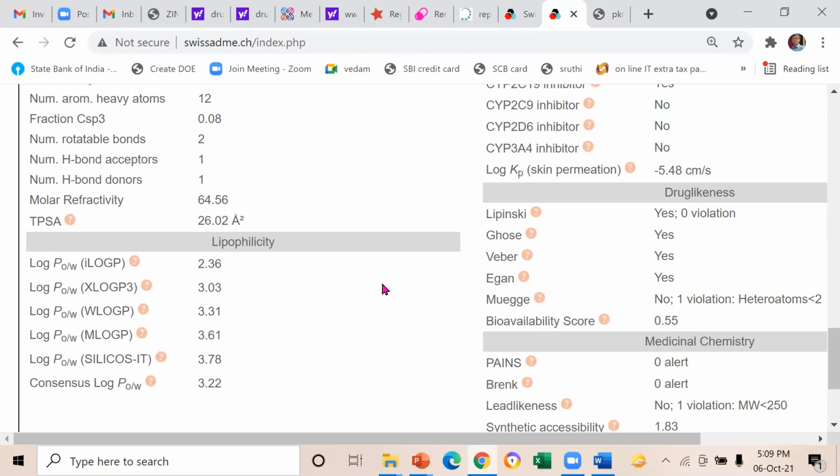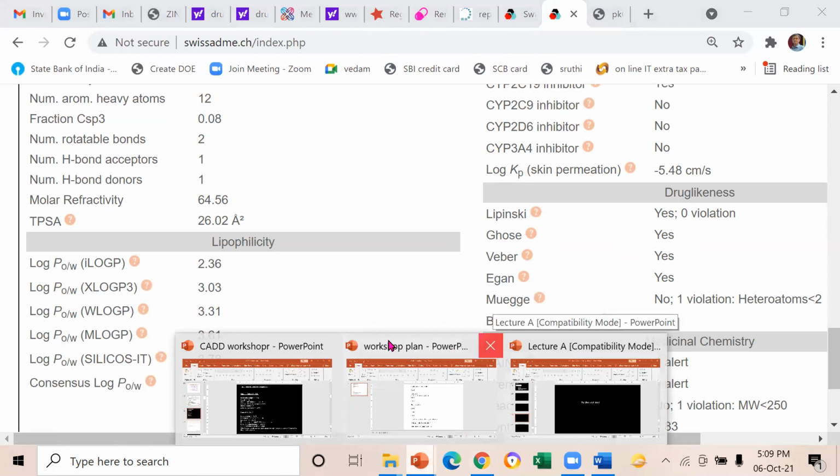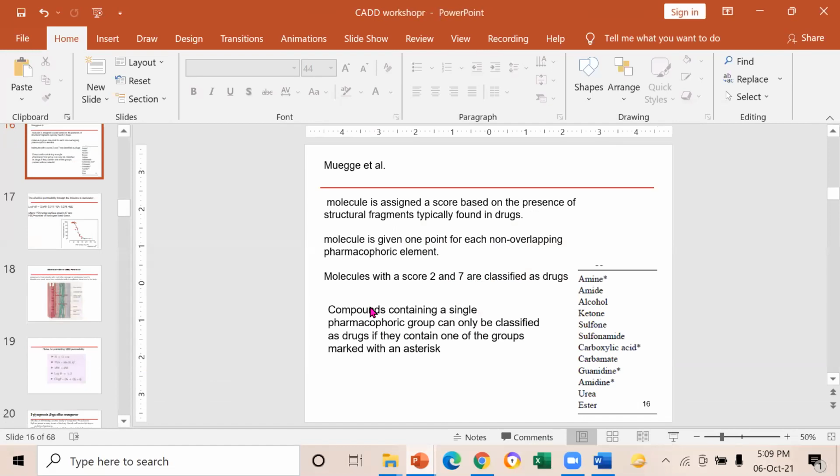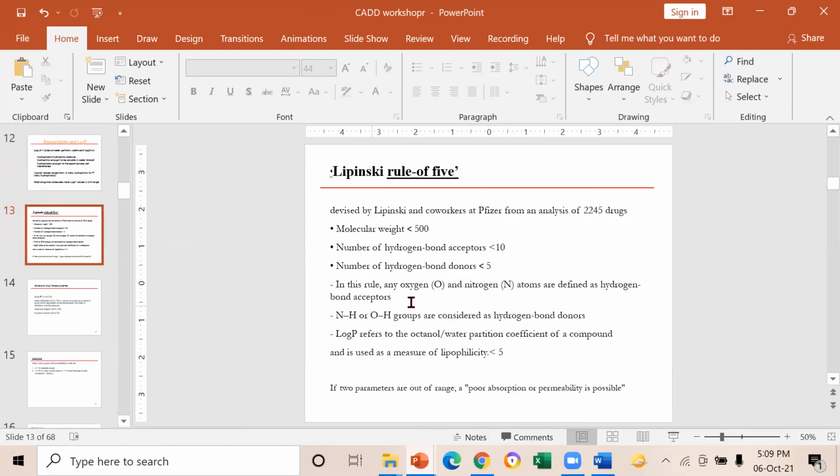So Lipinski is a very historical rule actually. But many groups have come up with different rules. So it's good to look at all the rules and try to see how many rules it satisfies. Does it satisfy most of it except one, or does it not satisfy many of the rules? So it's good to look at it. Lipinski is a very old rule. Okay. As I talked about, Lipinski said, yeah, can you see this?